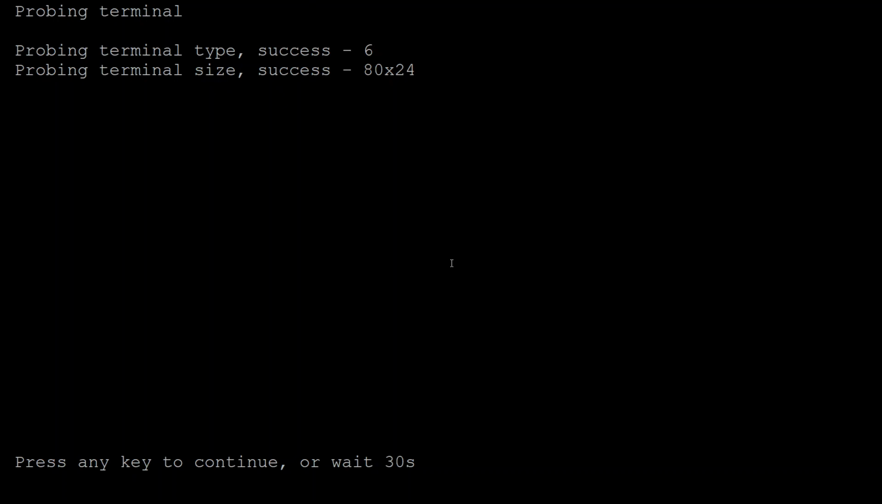So here we have my terminal GUI library for the Arduino IDE, designed for creating very basic user interfaces with a serial terminal. Here I'm using PuTTY, but other terminal emulators should work. First thing it's doing is probing the terminal, getting an idea of the type, which is 6, which is particularly useful, and it finds out the size by going off the screen and coming back,